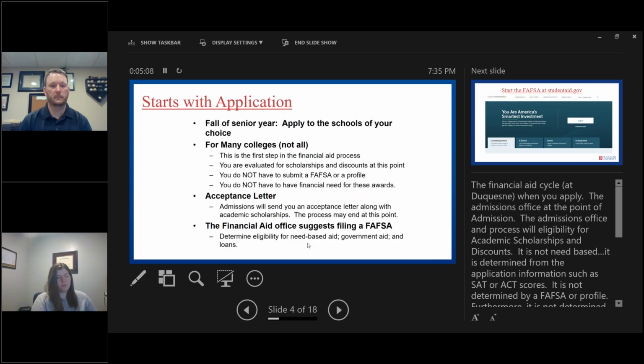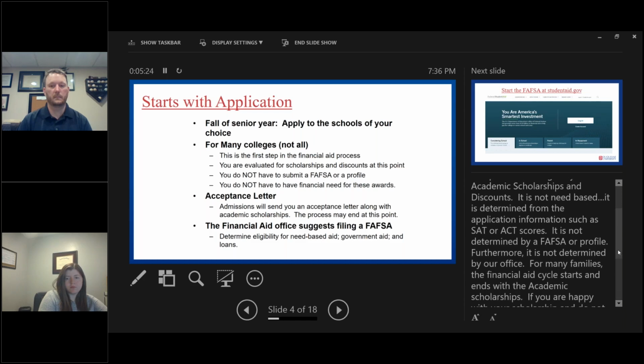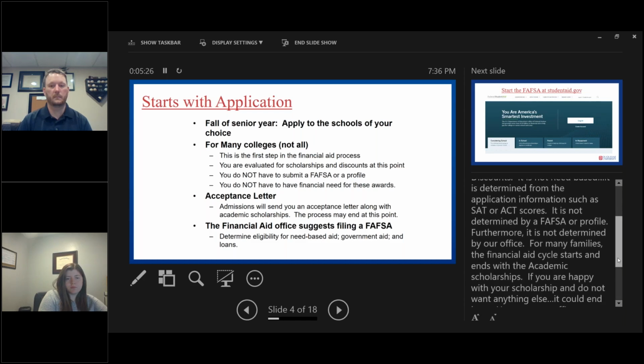This is what we mean by it's not need-based. This comes in from just applying for the scholarships. They're looking at the type of student and the grades, and all those things go into determining scholarships. So the first step of being admitted actually a lot of times brings in a lot of aid at that point. And for many families, that financial aid cycle starts and stops with them getting the admissions letter